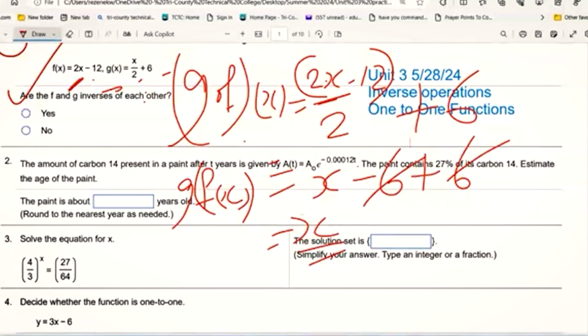Because the g of f of x and f of g of x are equal to the same number, x, even though x is a variable for this one, then they are inverses of each other. Okay, so now we have proved that the functions g of x and f of x in number 1 are